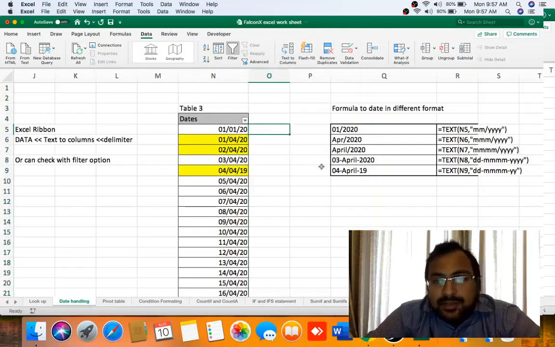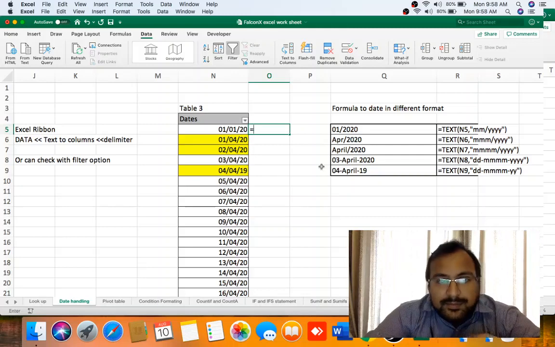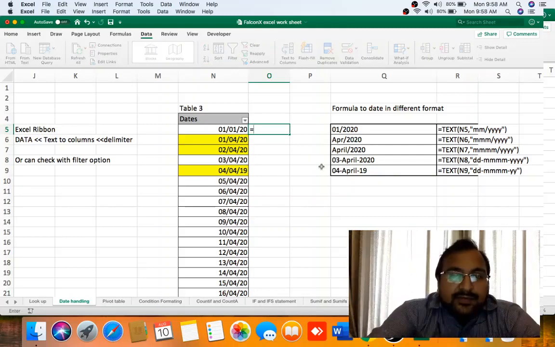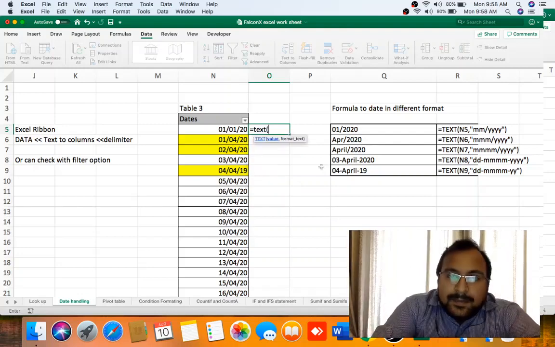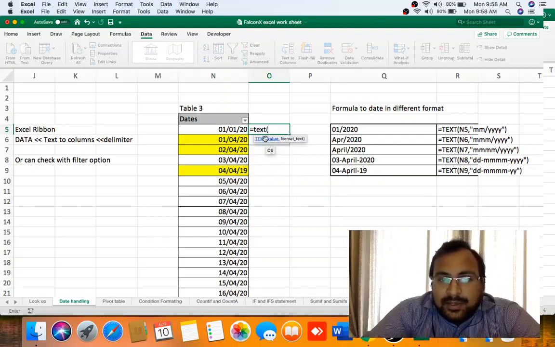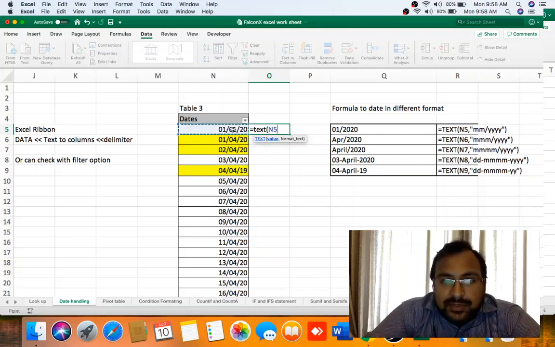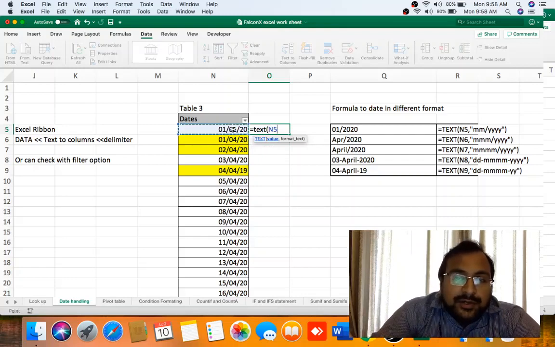So what is the method of converting day into a month? In Excel there is a formula called TEXT, bracket open. Text formula takes two arguments. First is value and then the format in which you want the data. So value is this, value as in date, which you want to convert into month.